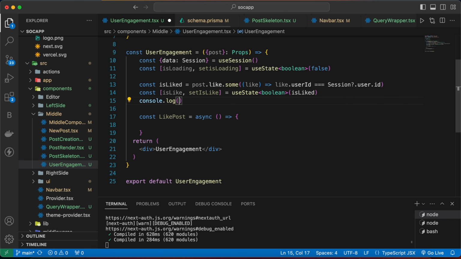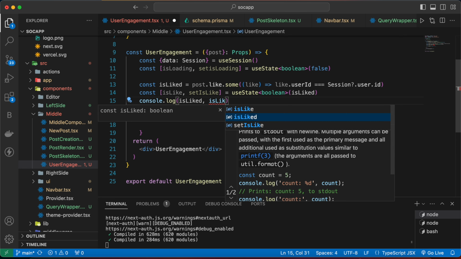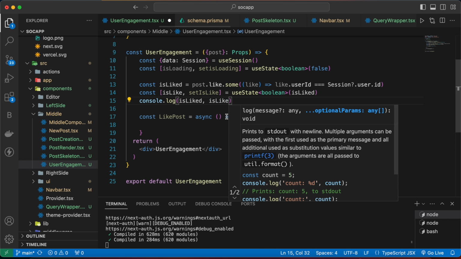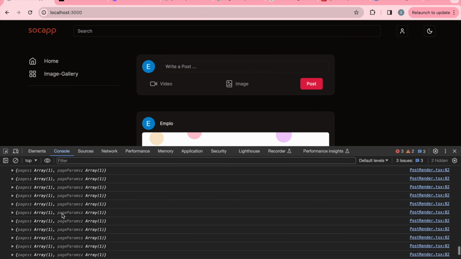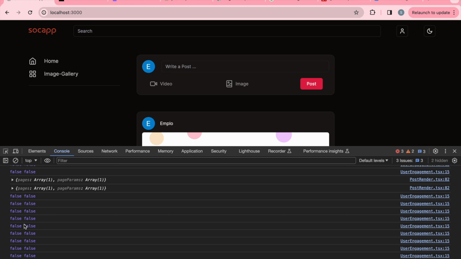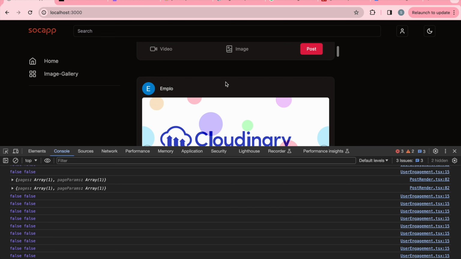This should be false, liked, okay, or you can write is like. Let's save and go back to browser. As you can see, this is false, as I have not liked any of these. Okay,